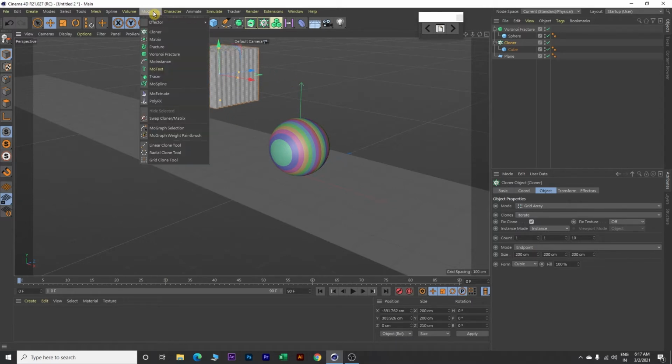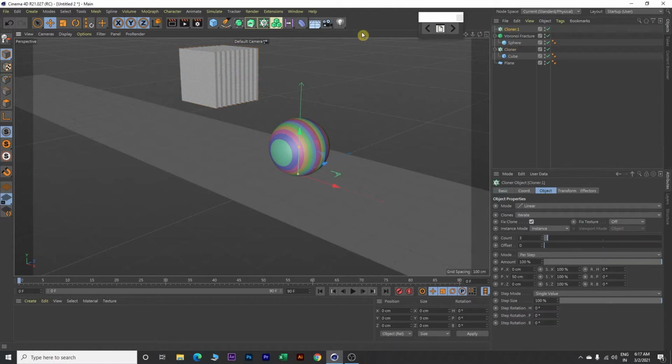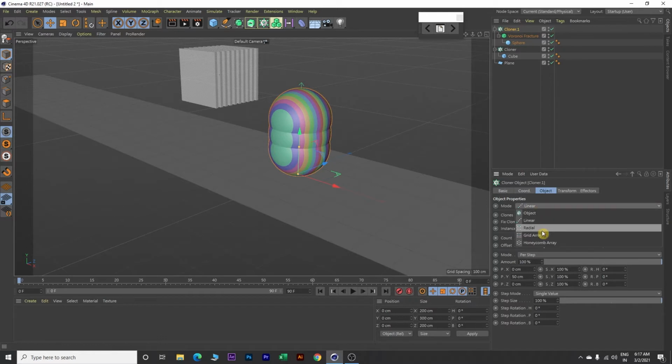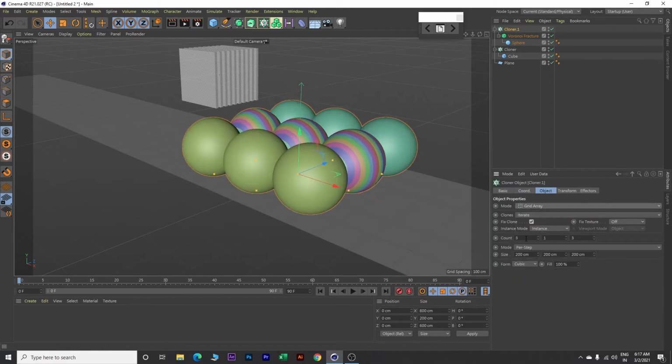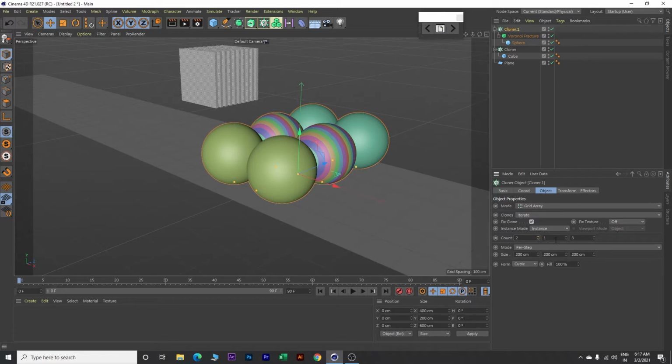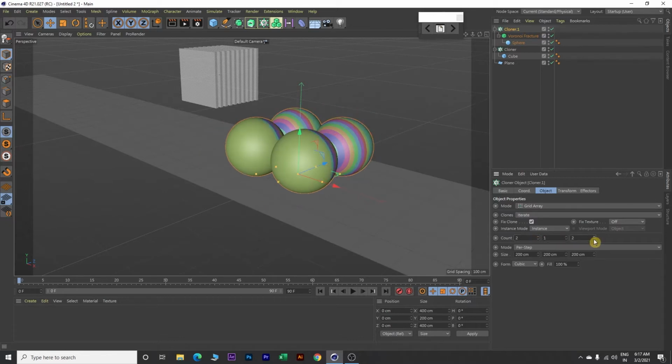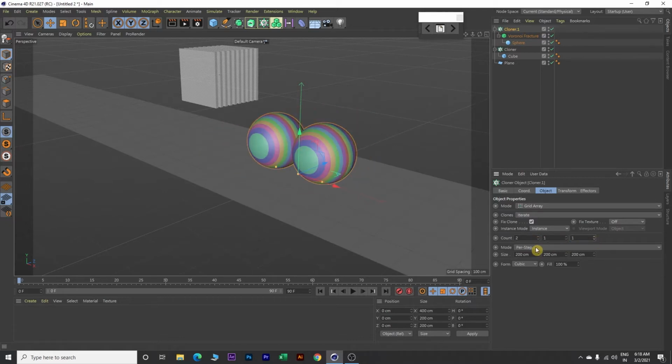Next we will insert one more cloner. So go to MoGraph and click cloner. So here is our cloner 1. Now make this Voronoi fracture child of cloner 1. Click on cloner 1. Go to mode over here and change this to grid array and then change this count to 2, 1 and 1 and mode change this value to endpoint and on size make this 1500,